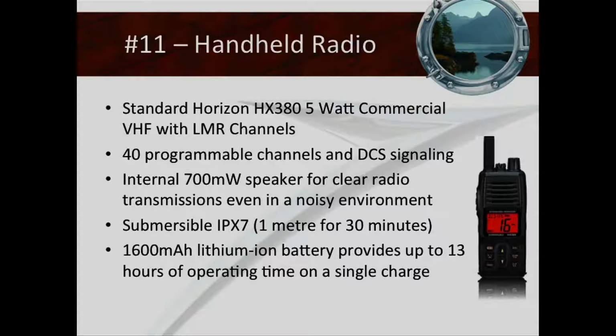Standard Horizon has been doing VHF radios. I mean, that's their business. That's what they do. This radio, and they've been getting better and better, it's quite, look at it, 1 meter. So if, for a tender or whatnot,